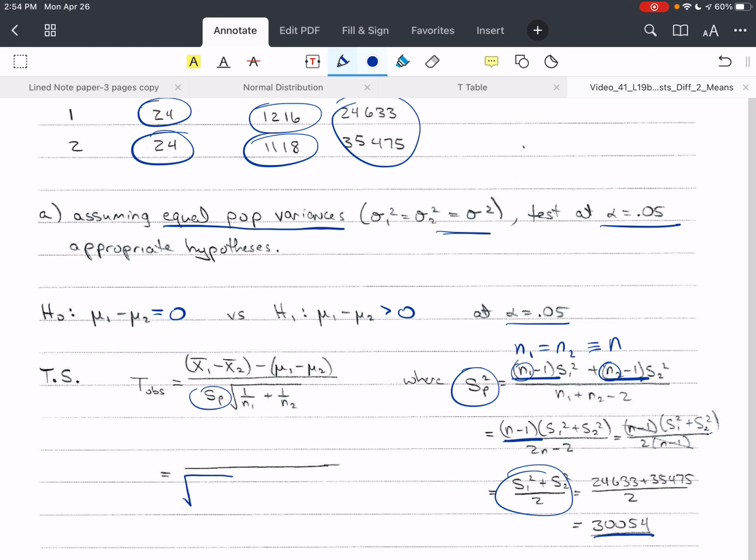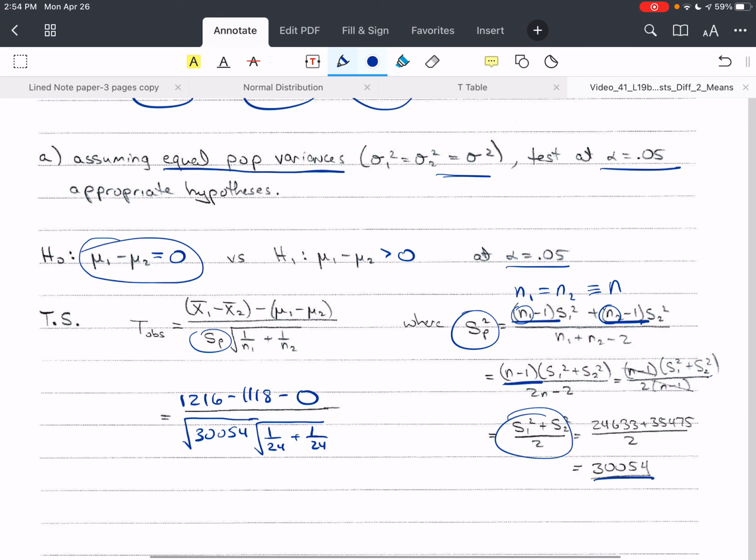So I'm going to put this down here, square root of 30,054. Now I need the square root of 1 over 24 plus 1 over 24. That's going to be 2 over 24, or 1 over 12. Now I need x bar 1 minus x bar 2, which is 1216 minus 1118, minus mu1 minus mu2, which is 0. And this gives me 98 divided by,